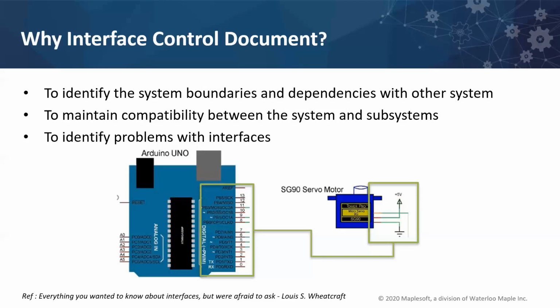The final advantage that I mentioned here is to identify the problems with the interface. A common term that all of us would have heard is that a system is vulnerable at the interfaces, and most of the failures of the system occur at the interface. So that's why, by creating an interface control document, it's very easy to identify the problem. So the problems with the interfaces we identify early in the project, it's easy to fix, and we can reduce the cost of fixing it compared to when it's on the later side of the project.